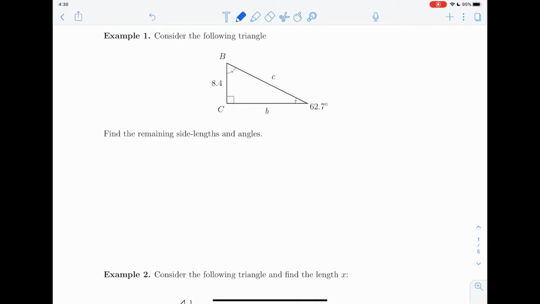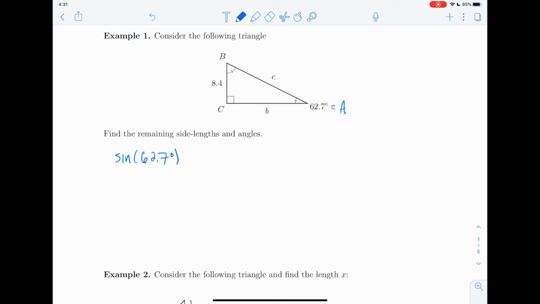So for example, the first thing I can note is if I isolate this angle that we do know, which I might give a name, let's call it capital A, I know that the sine of that angle is going to be opposite, a known value, over hypotenuse, an unknown value. And as long as we identify a relationship that has 2 knowns and 1 unknown, we can solve for the unknown. So the first thing we can observe is that if I take the sine of 62.7 degrees,